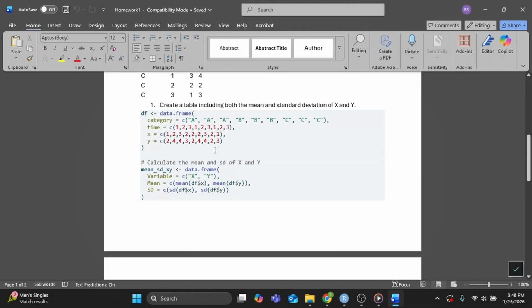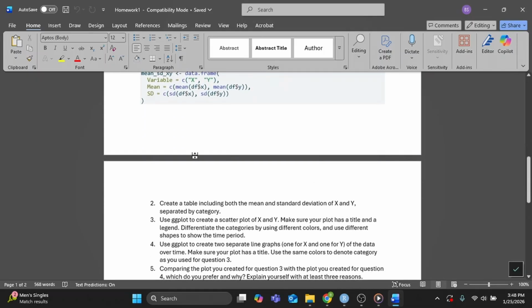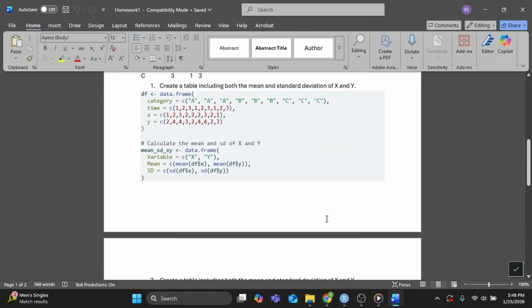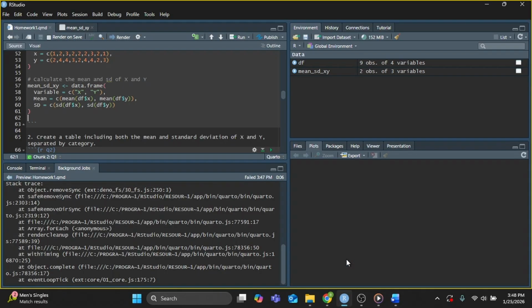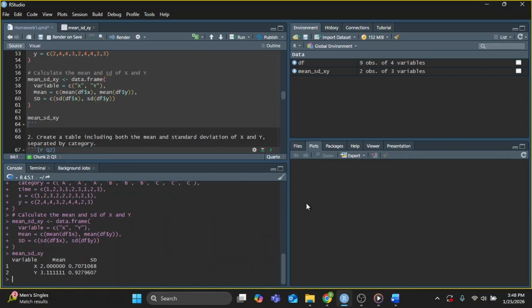So df is a data frame, and everything we entered is the data frame, and then mean SD is right here. But then we don't have the table for mean SD, right? And the reason we don't have it is we never called for it. So if we go back to RStudio, we can now call mean SD, say mean SDXY. So if we execute that code, if we hit Control Enter, we're going to end up with this variable mean